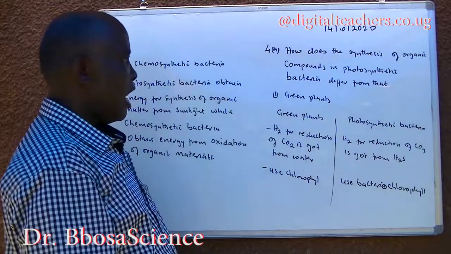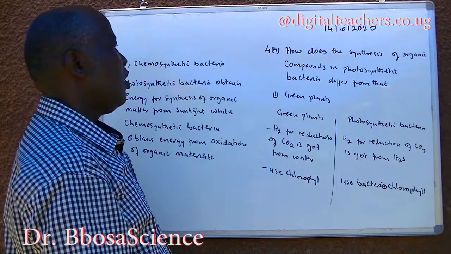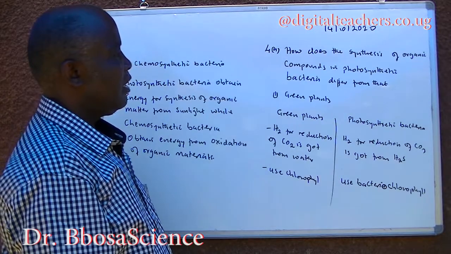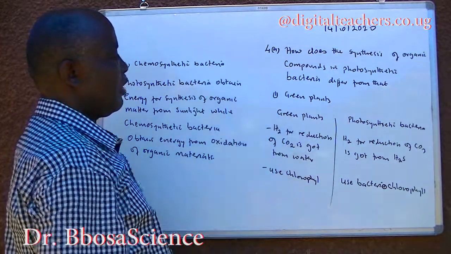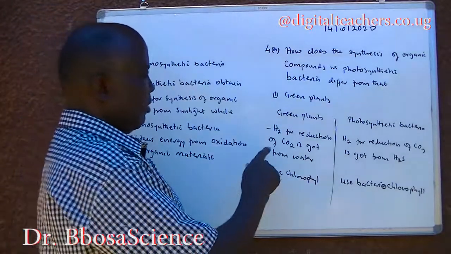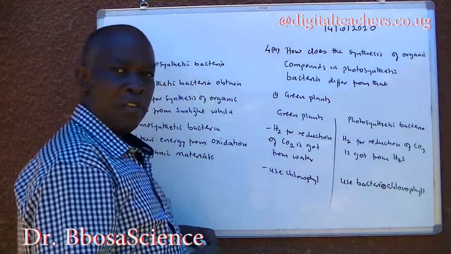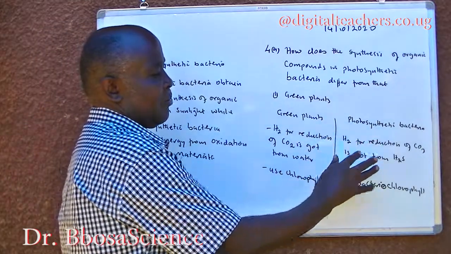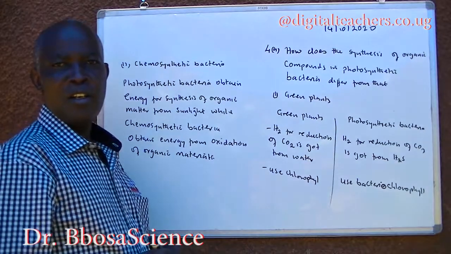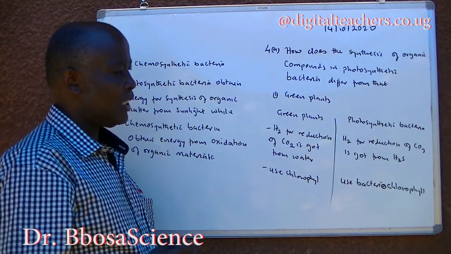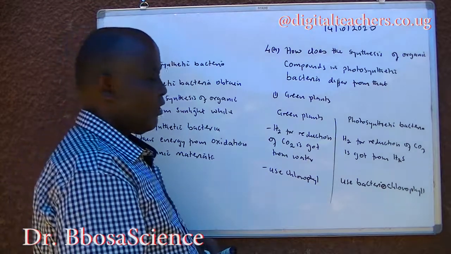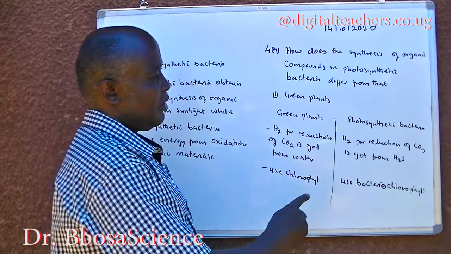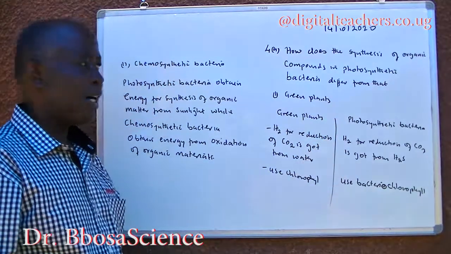4a. How does the synthesis of organic compounds in photosynthetic bacteria differ from that of green plants? Green plants obtain hydrogen for reduction of carbon dioxide from water, while photosynthetic bacteria obtain hydrogen for reduction of carbon dioxide from hydrogen sulfide. Green plants use chlorophyll, photosynthetic bacteria use bacterial